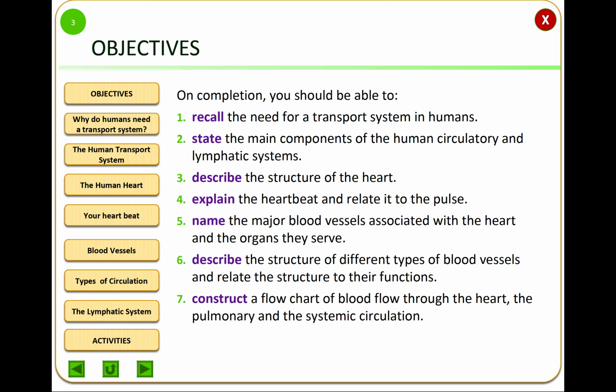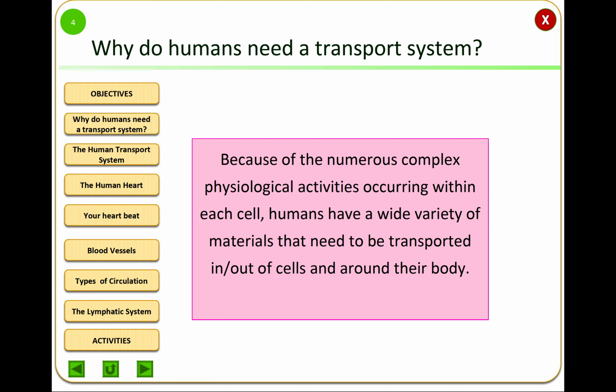And here we have to describe the structure of the different types of blood vessels and relate them to the structure and the function that they have. Also, we will see the chart of the blood flow through the heart and the pulmonary and the systemic circulations. Some of the activities inside our body need each cell, especially inside the